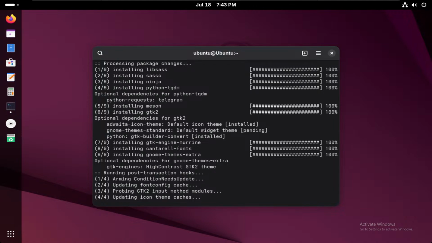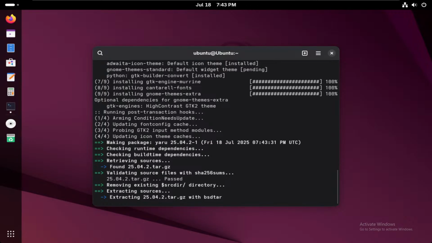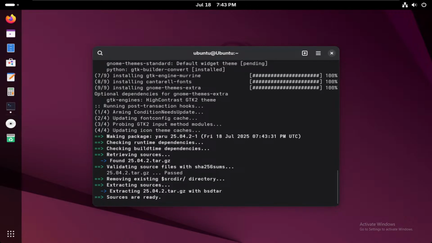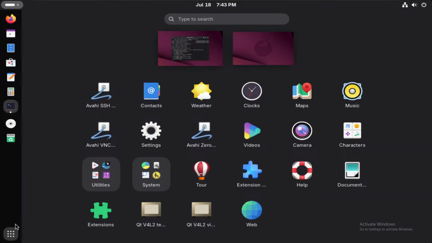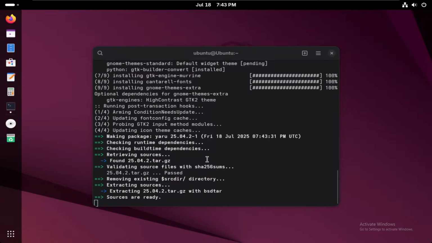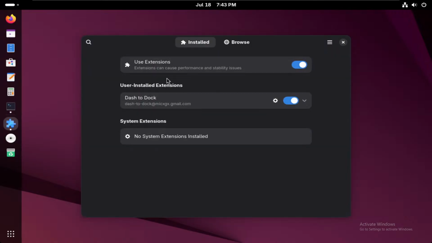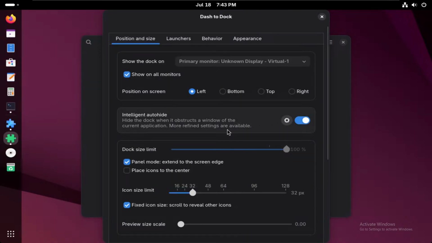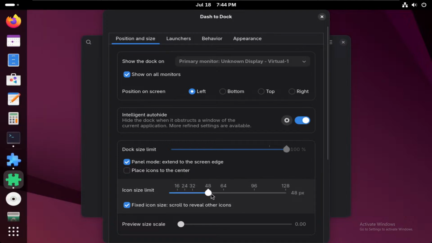See, this is why Arch is so customizable. Look at this. This looks so much like Ubuntu already, I would say. The only thing I hate is that the icons are so small. Hold on, I want to figure something out. I'll go back to GNOME Extension Manager, and we're gonna do some more settings with this. If I move the icon size to 96, okay, that's too big anyway. If I move it to 48, which is perfect,